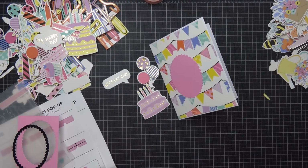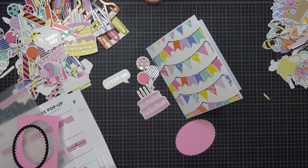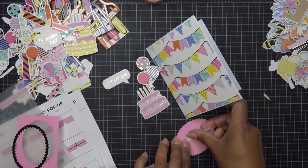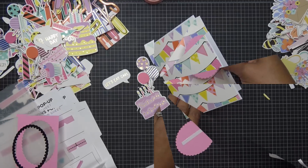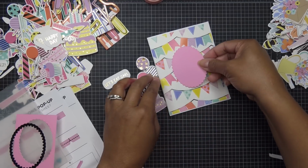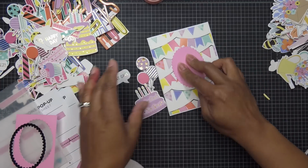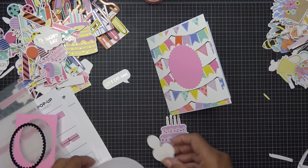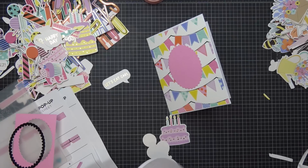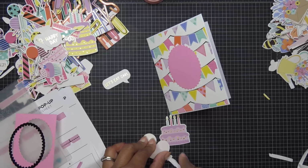So I'm going to pop that there, and we can use some of the double-sided adhesive if we want. So I'm going to pop that on here. I'm going to do another one, remove the carriers, and I'll be right back. I'm just going to pop that right in the center-ish. And I think this one I'm also going to glue down. And again, you can use double-sided adhesive, you can use whatever you have in your stash. I'm trying to show you how to use these guys, so